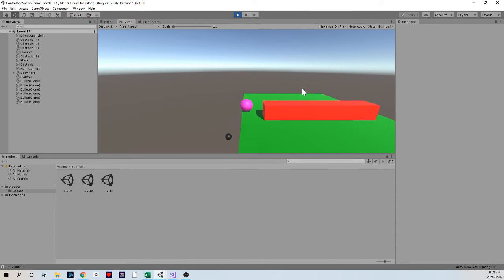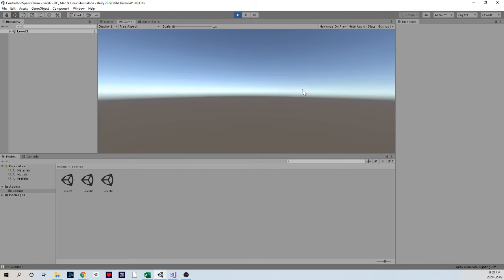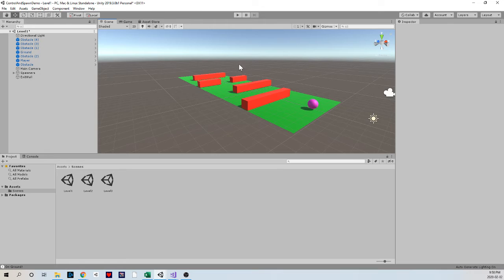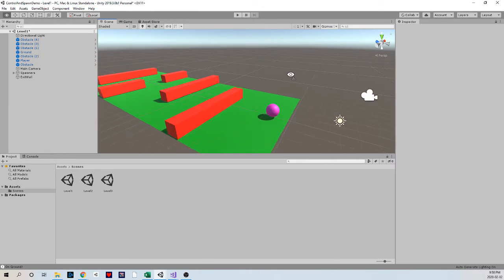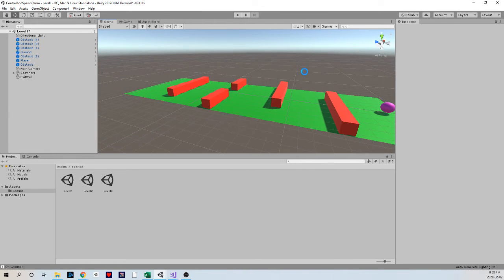If I get to this wall, beautiful, and I hit it, bam. I am now in level 2. Awesome. So there's a problem. My level 2 doesn't really have anything in it. So what's a way that I can get my level 2 up and running quickly with all the